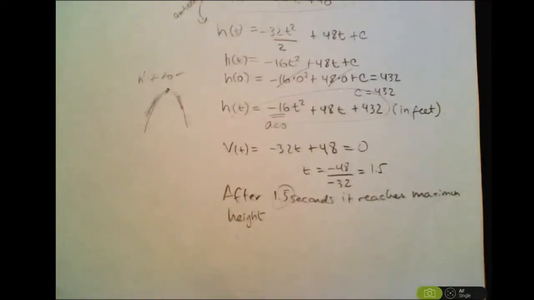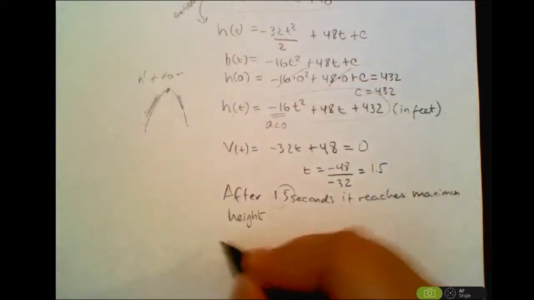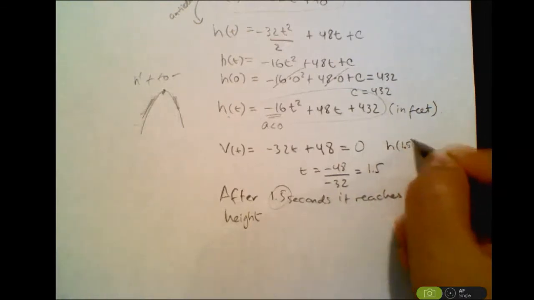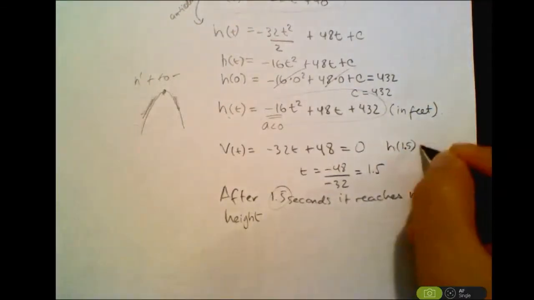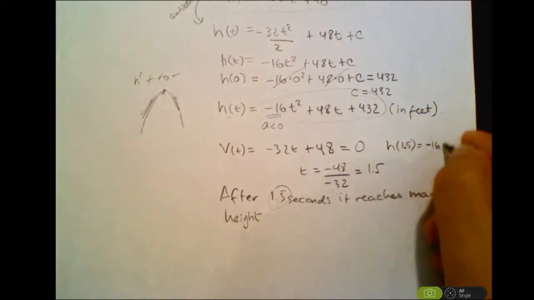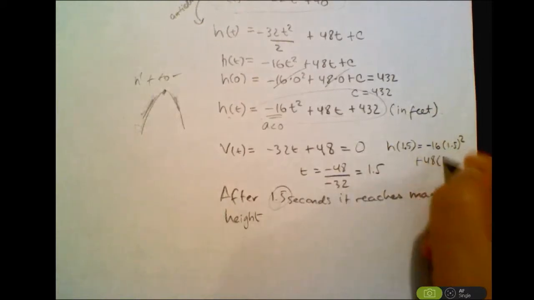So the only thing you have to do is find h of 1.5, the height at the time in which it reaches the maximum. So for h of 1.5, you will just replace: negative 16 times 1.5 squared plus 48 times 1.5